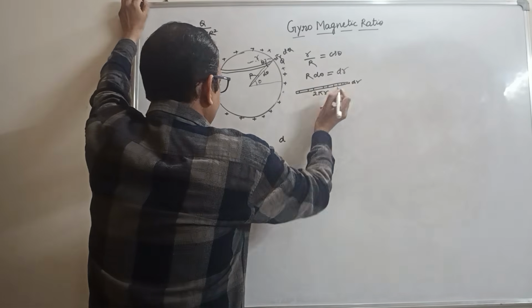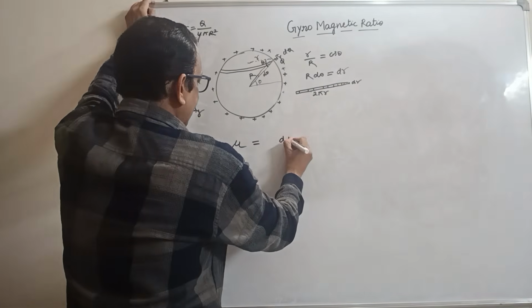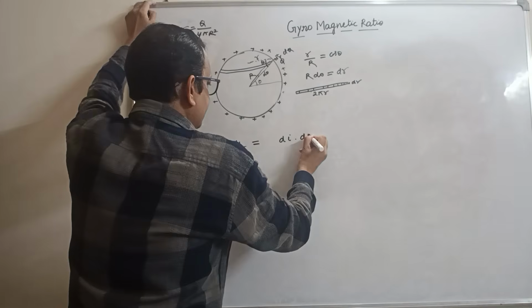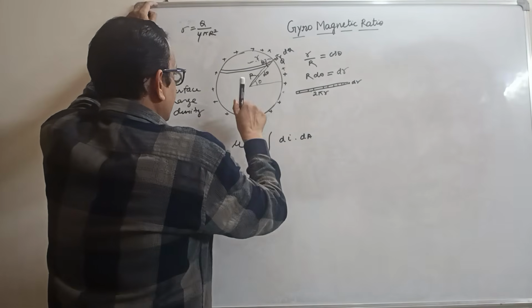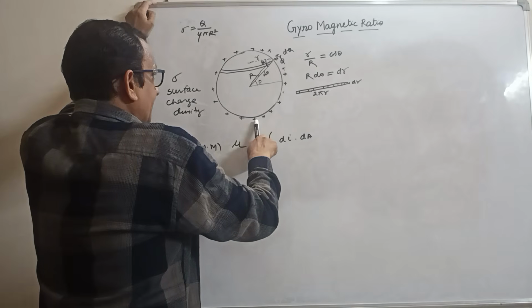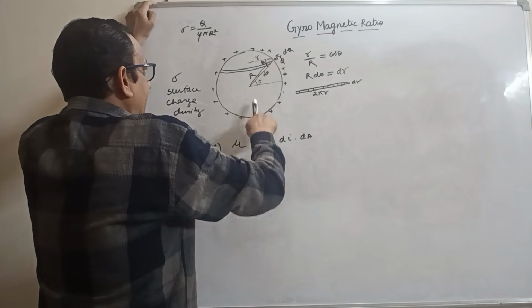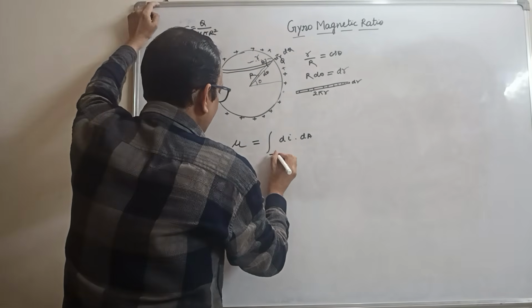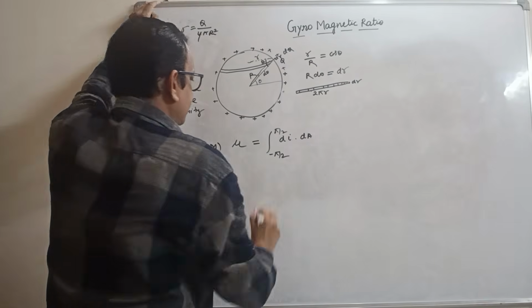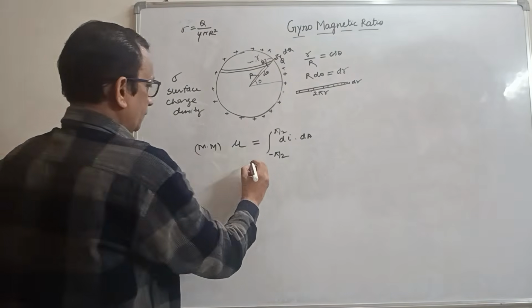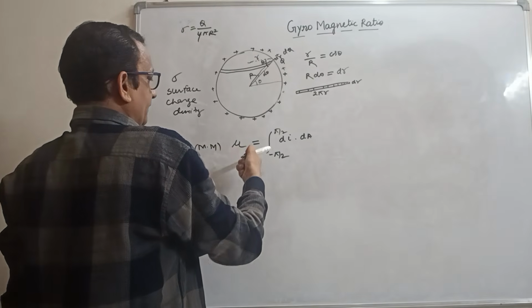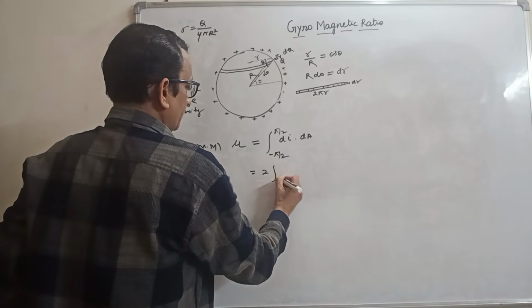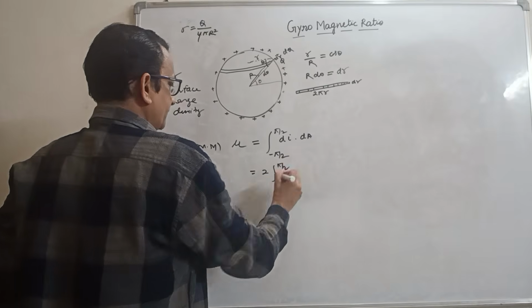So this can be rewritten as I dA. We know magnetic moment is I dA. So this becomes I dA. Integrate from minus pi by 2 to pi by 2, on moving the charge the whole sphere is completed. So the limit would be minus pi by 2 to pi by 2. So put the value, we know minus theta to theta limit, so we can write 2 times the integral from 0 to pi by 2.